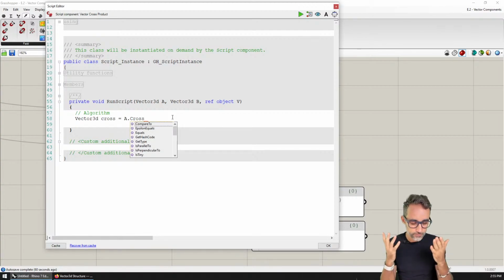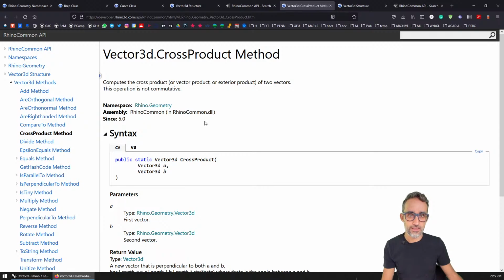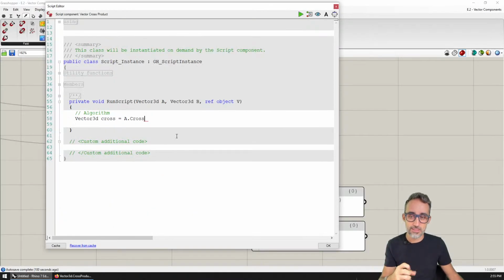Why is this happening? Well, this is one of the funky things, or the special ways Rhino Common is designed. It turns out that the cross product method has this tiny icon here that means that it is static. And the fact that it is static means that instead of being called on instances of objects, so a particular vector A or a particular vector B, it is called from the global class itself. All right. I'm going to explain that in detail in the next video, what that means,